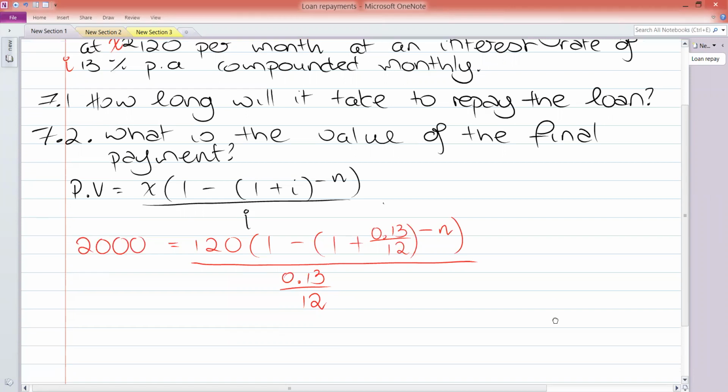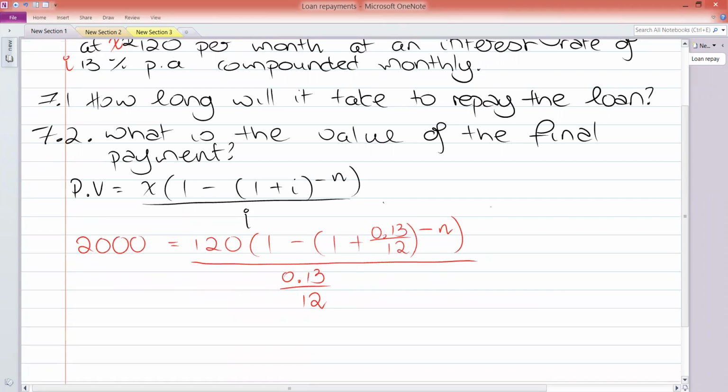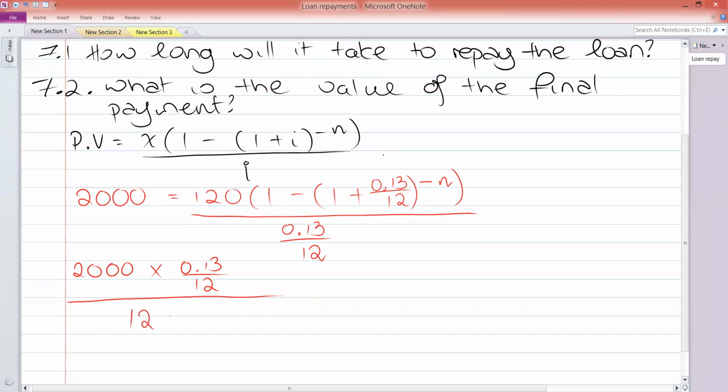All right, now we want to solve for N. Okay, so since we're dividing by the 0.13 divided by 12, we're now going to multiply by the 0.13 divided by 12. We were multiplying by 120, so we're going to divide by 120. So these are just inverse operations, okay? Then you're left with 1 minus 1 plus 0.13 divided by 12 raised to the power of negative N. Okay,